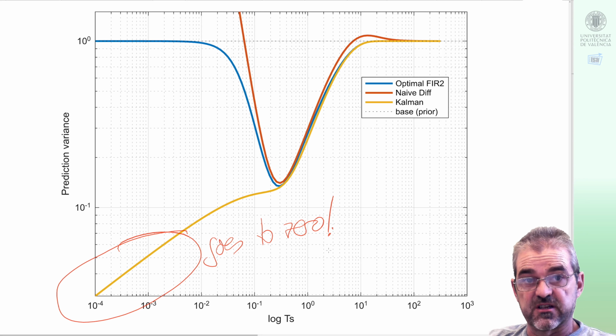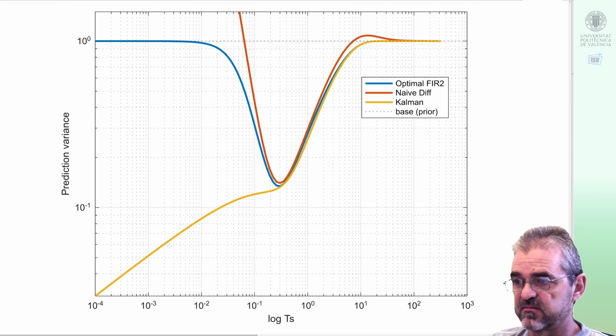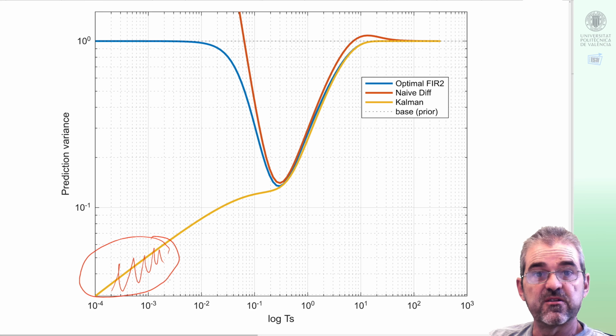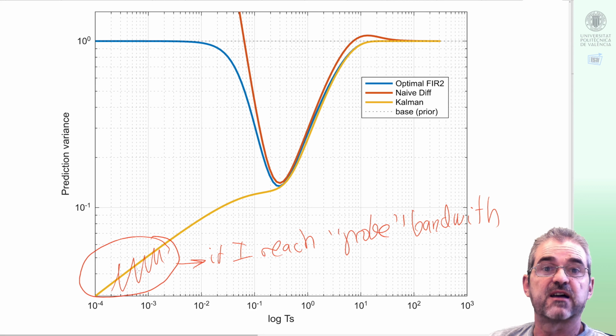My probe will have some electronics, some processing time, some parasitic capacitance and inductance, whatever, so there will be some sampling period in which, if I reach the bandwidth limit of my probe, of my sensing equipment, then my independence assumptions will cease to hold and I will not be able to decrease my error further and further as I